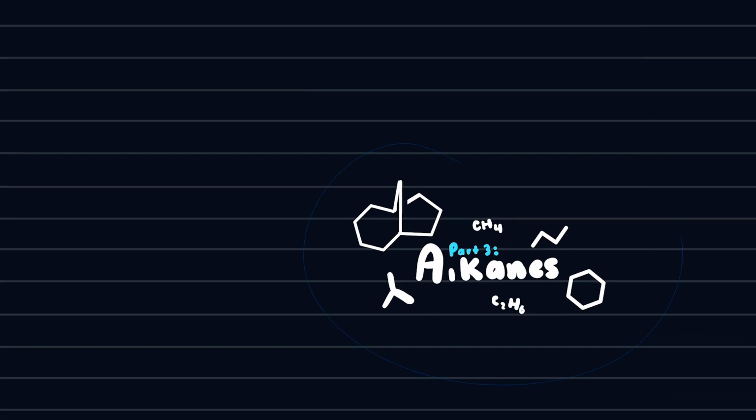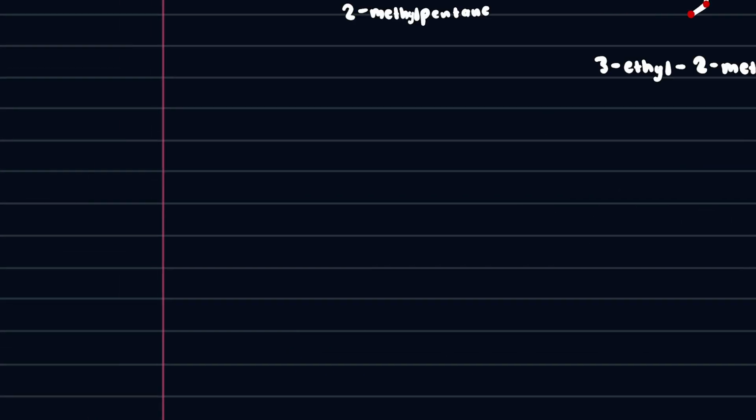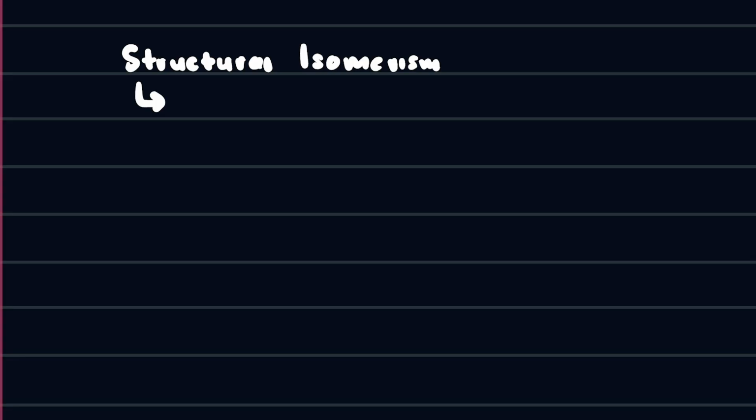Let me bring this a little bit down so we have enough space to draw. So the clear definition for structural isomers or structural isomerism would be that they have the same chemical formula